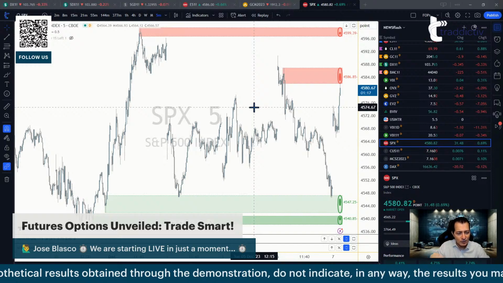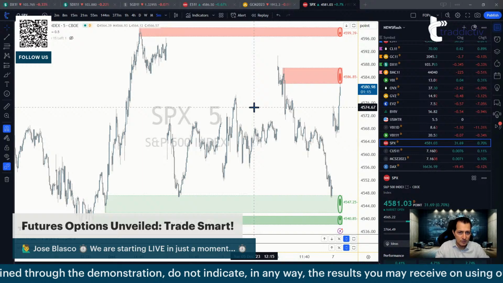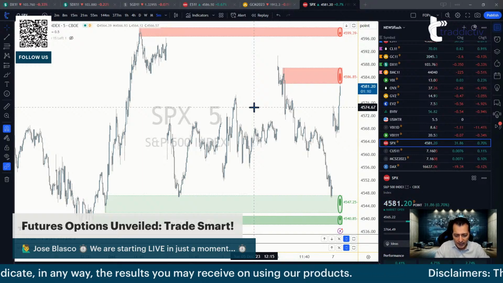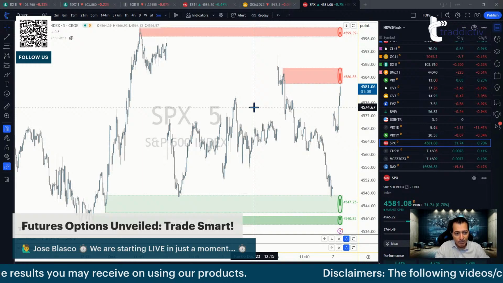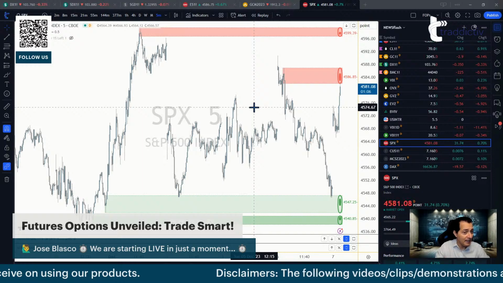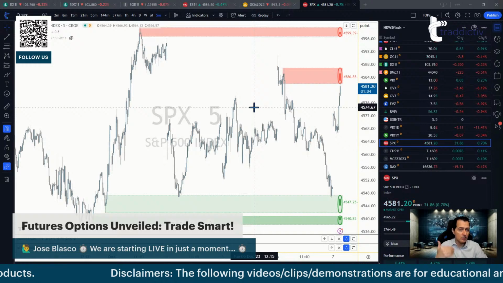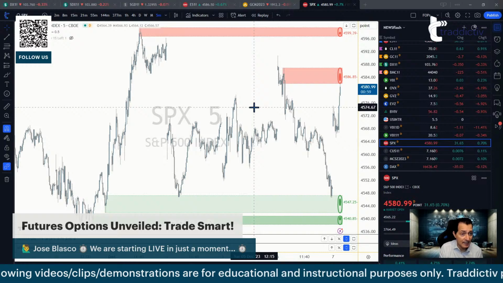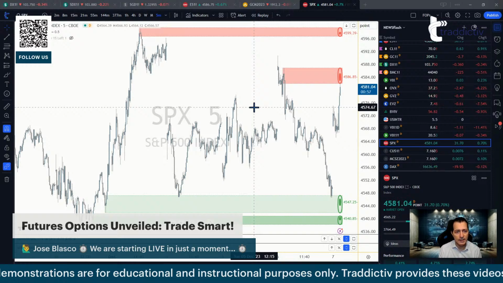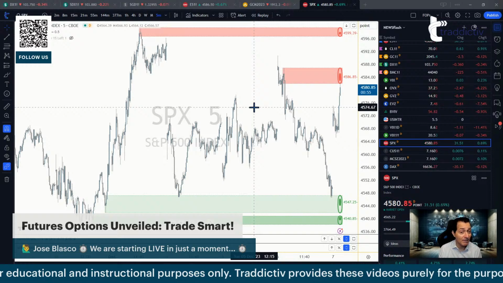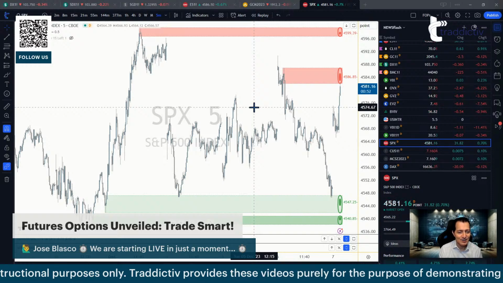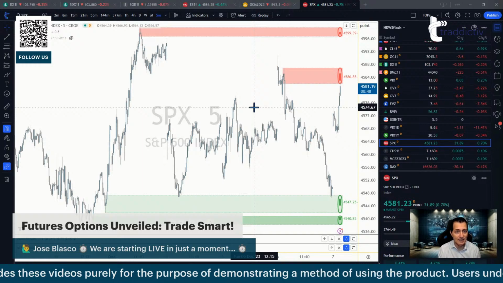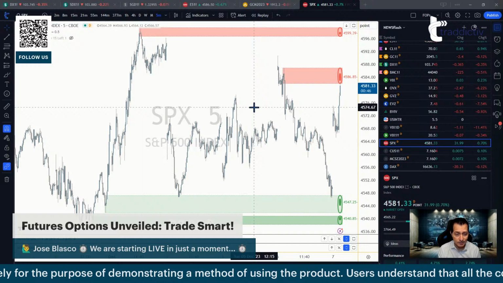Now, what if we add to the conversation the options on the futures? Well, options on futures may or may not be cash settled, because the reality is that if you talk about the S&P index, for example, so let me rephrase that. The S&P 500 futures, that's what I meant to say. So if you're talking about the S&P 500 futures, which is the ES contracts that trade on the CME exchange.